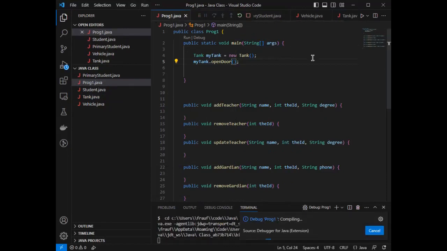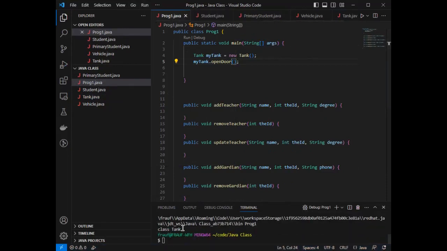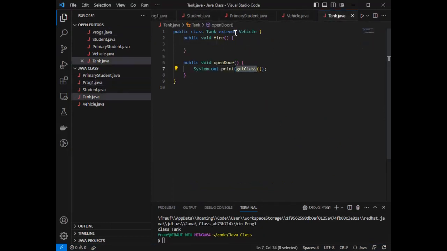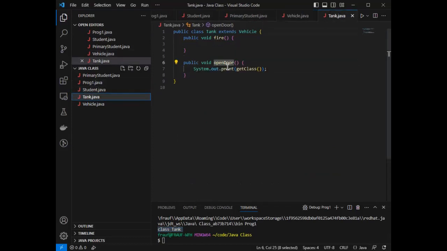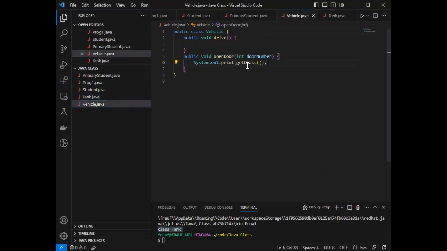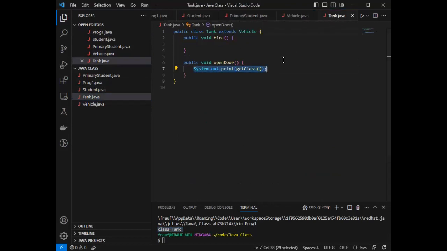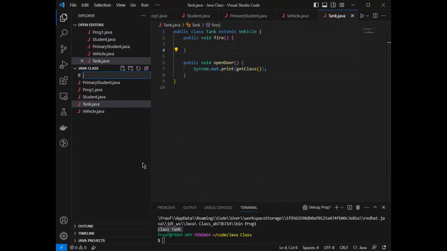Go here to F5. So you see, I call open door, and in the tank, I'm just getting the class name, and you see what class is printed. It called the tank open door function, not the vehicle open door function. So let's type some code here in open door as well. Let's put the same code. Right. But if I would have another class, let's say tank is one type, but let's say we have SUV,